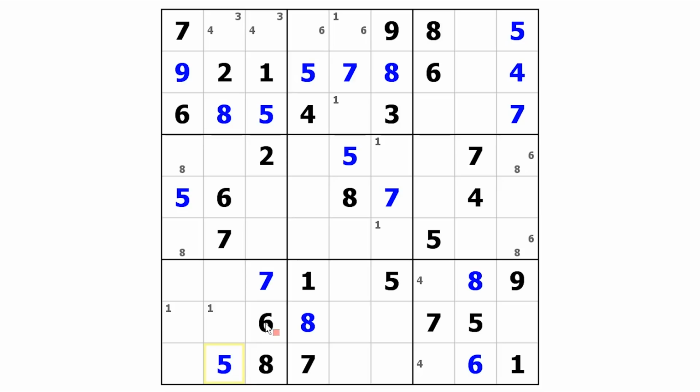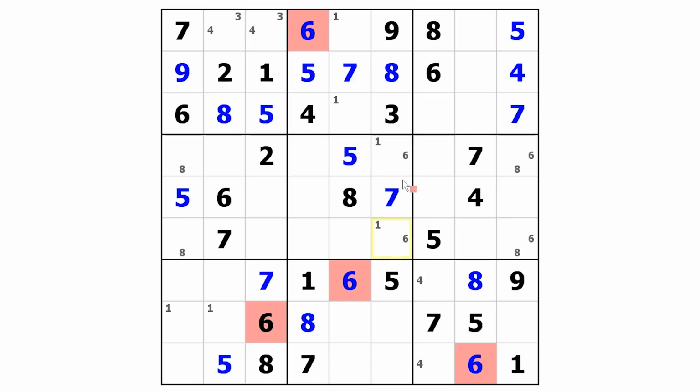Let's take a look at these 2 6s down here in row 8 and row 9. There's only one place left in block 8 for a 6, and that's right there. That is a hidden single. But don't forget, we've got a conjugate pair up here in row 1, so that means this one has to be false, and now we can enter those 2 6s. Okay? And now because we entered those 2 6s, we know that a 6 must go into one of these